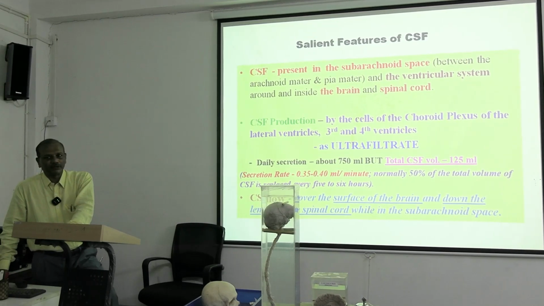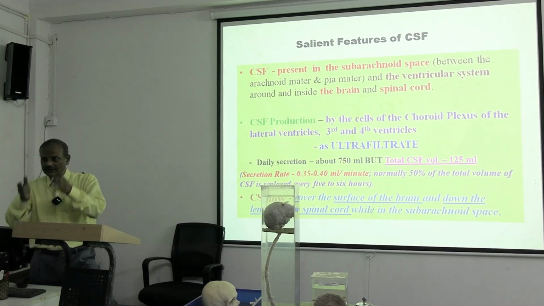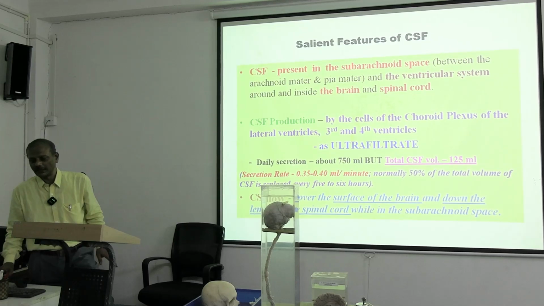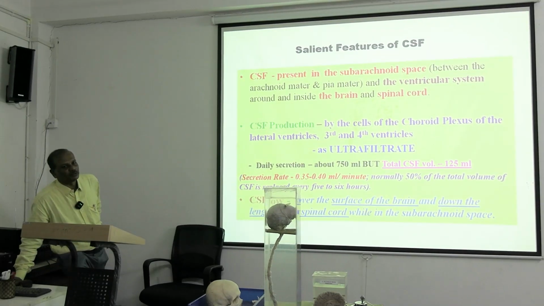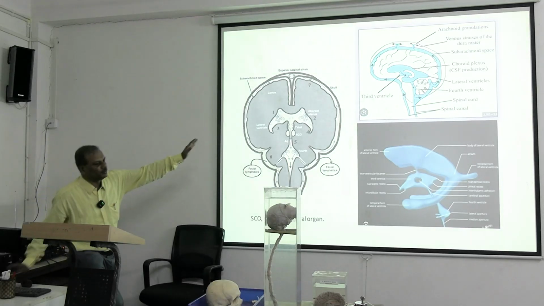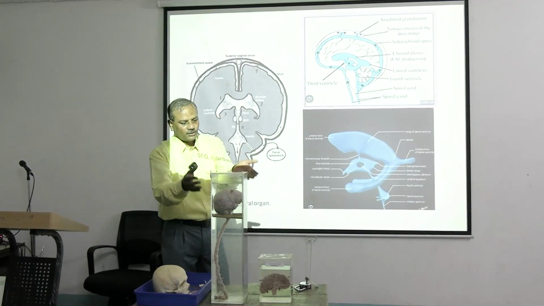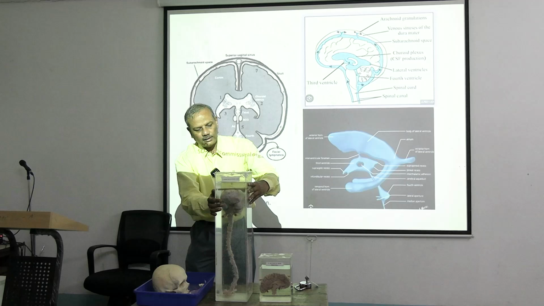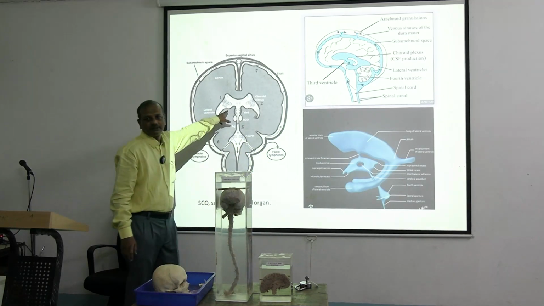And CSF flow, as I was telling, is over the surface of the brain and then over the surface of the spinal cord, and it is in continuity. There is no break. In a short while you will also see the entire picture. You have to write a little faster. Later I will give time to those who cannot write it. See, the section you have seen is cut like this. But if you cut the brain in the coronal section, it will look like this.